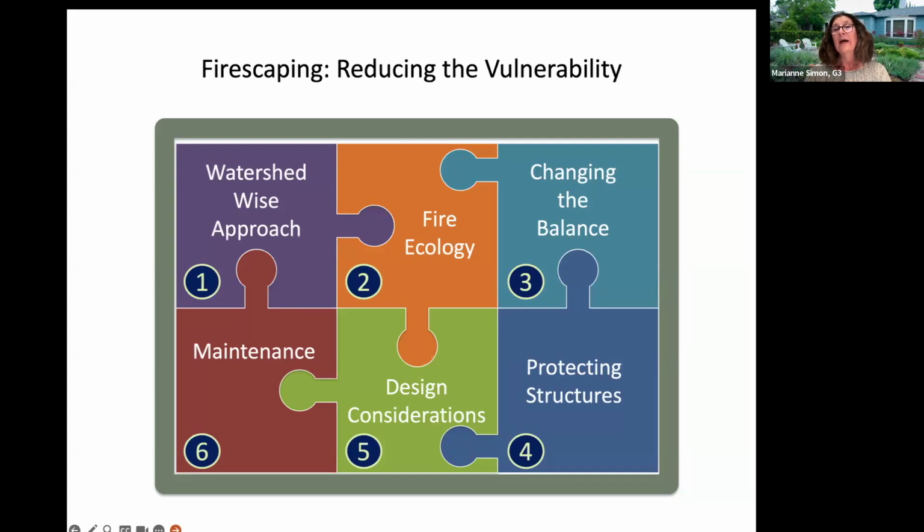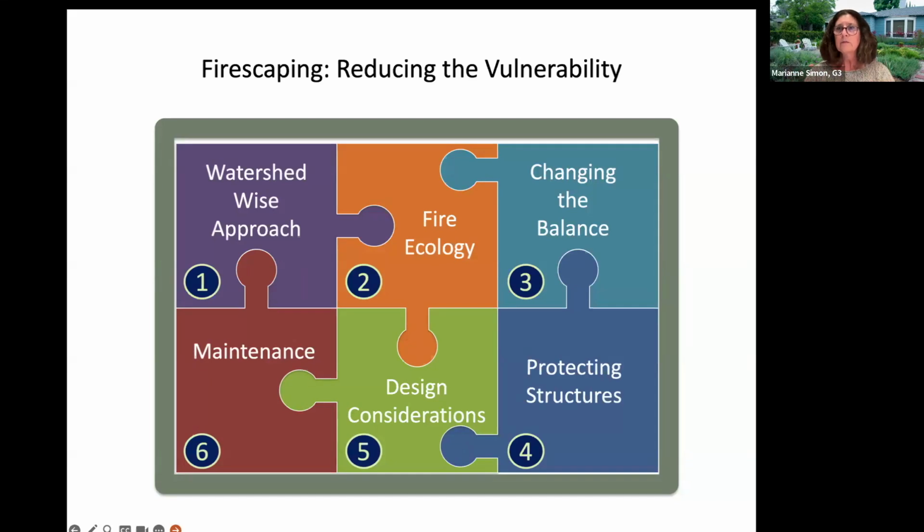Number 4, how do we protect our structures? Number 5, when it comes to the landscape, what are some design choices that you can make? And then number 6 is all about maintenance. And again, what are choices that you can make that will help reduce the vulnerability of